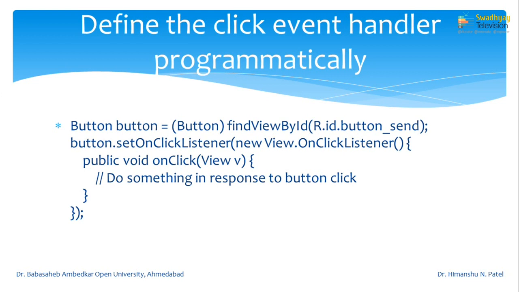So, this small button object represents that button, and we must write button dot setOnClickListener, and we are creating one anonymous object here, and it will automatically write this inside code for you. Inside onClick you have to write the button click event. So, whatever you write inside sendMessage, you have to write the same code here inside public void onClick with the view object.